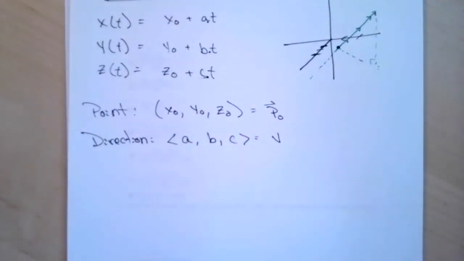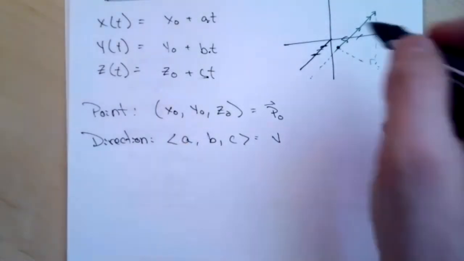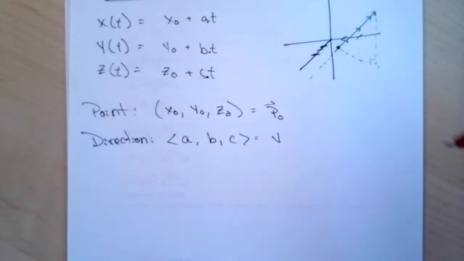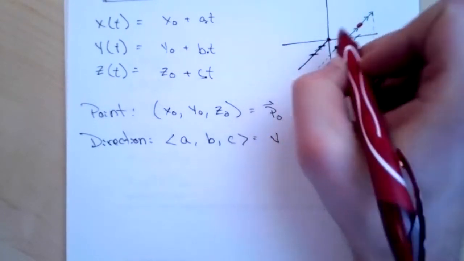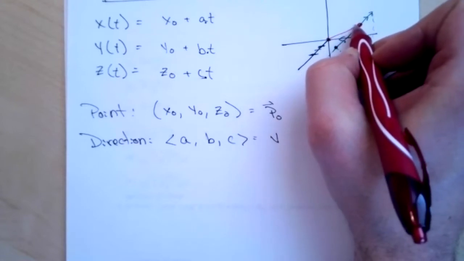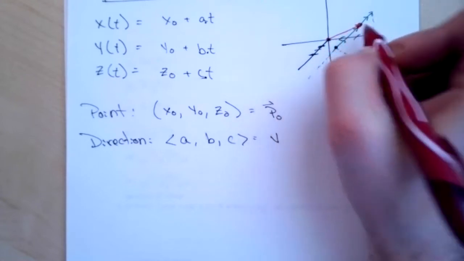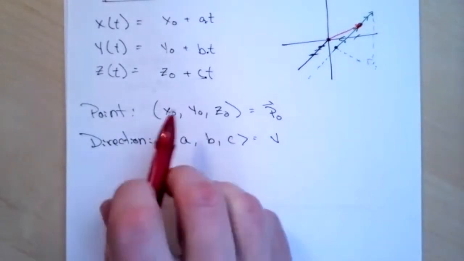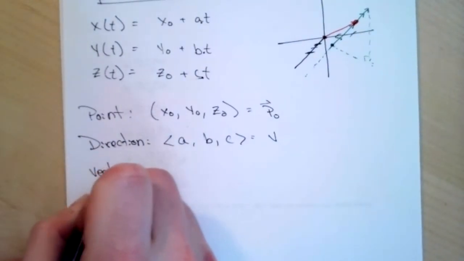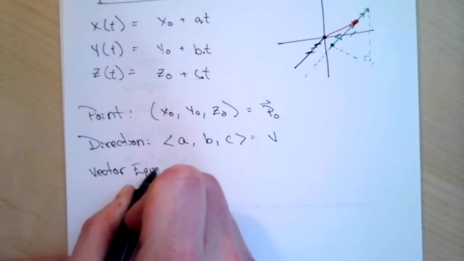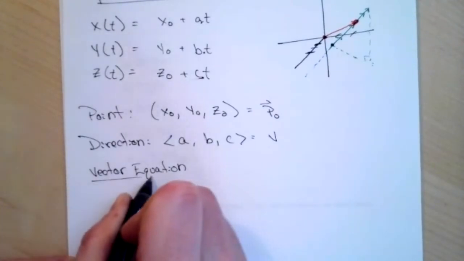So p naught, oftentimes we will put a vector on it. This is something that we'll see throughout this semester, is that points and vectors are in many ways the same thing. So if you think back to our lecture on vectors, oftentimes whatever point we're at in space, so let's say we're at this point on the line, we can attach a vector starting from the origin pointing to that point. So this is called our positional vector. It is the vector that points and ends directly at the point we're at. And so our vector equation for a line